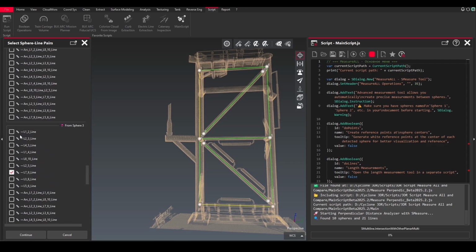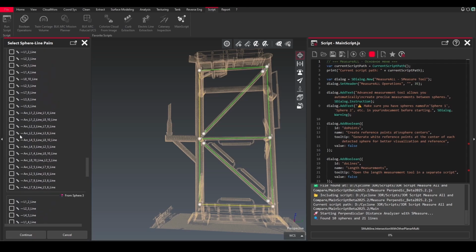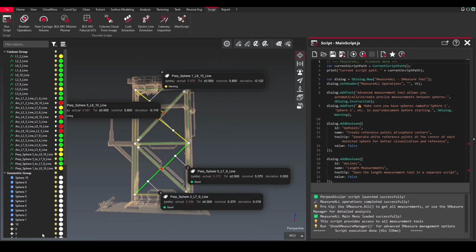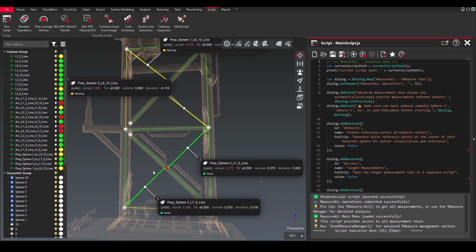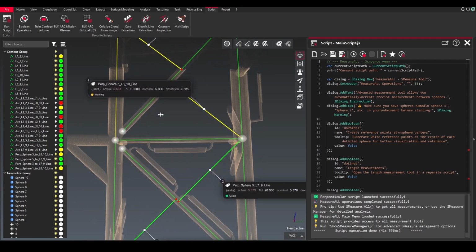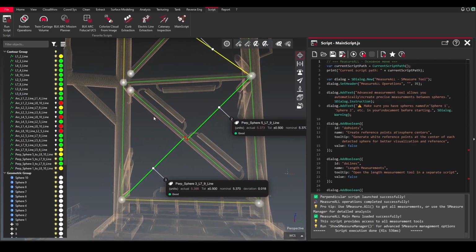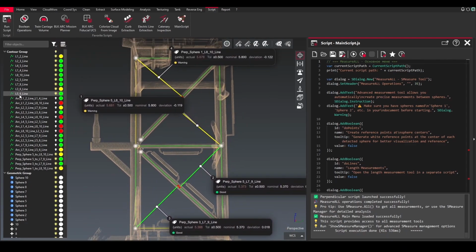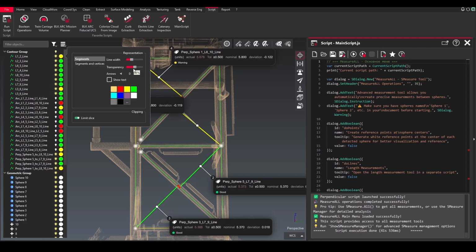Then add nominal values and tolerances. Just like with the length and angle measurements, you can define nominal values for each perpendicular measurement and specify tolerances. Once the perpendicular measurements are extracted, the script will generate lines representing the perpendiculars, colored based on their status: within tolerance, warning, or out of tolerance. Each line will have a label displaying the perpendicular distance, nominal value, tolerance, difference, and status. Additionally, a relevant chapter will be added to the report summarizing all the perpendicular measurements, their difference from nominal values,